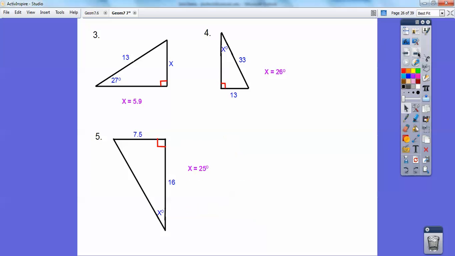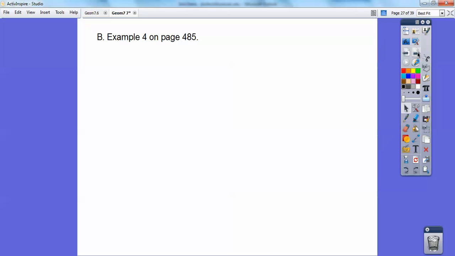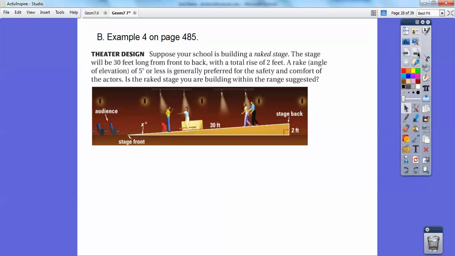Okay, let's try this example on page 45. It says theater design. Suppose your school is building a raked stage. A raked stage has this kind of ramp going up like that, and the stage will be 30 feet long. So this is 30 feet long right here, from the front to the back, with a total rise of